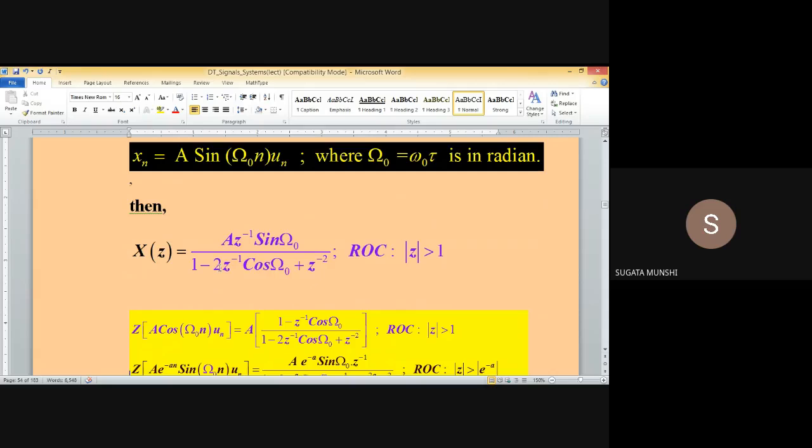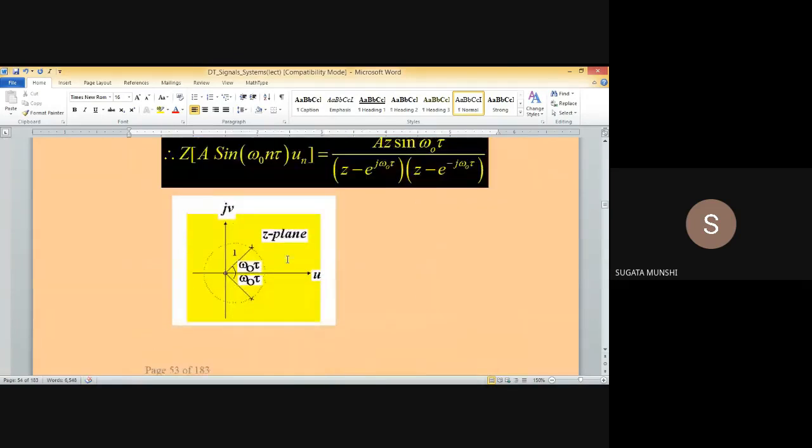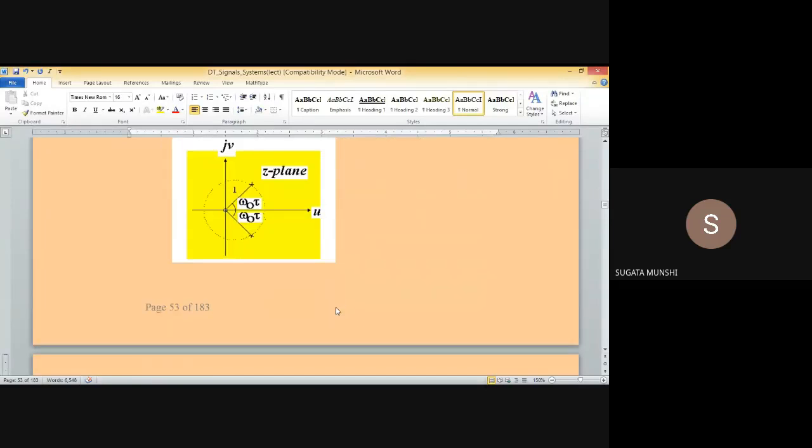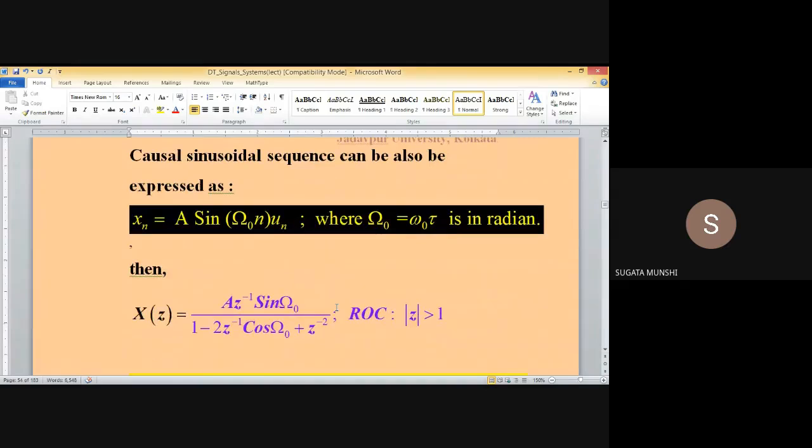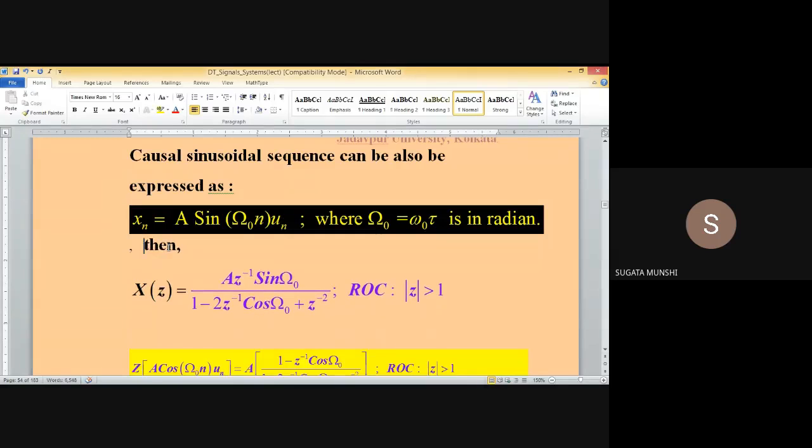So remember that in this case, A sine omega 0 n u[n], the Z transform poles will be simply as shown here, but that angle will be capital omega 0 and this is minus capital omega 0. If I ask you to derive expressions for the Z transforms of causal sinusoid or causal cosinusoid,